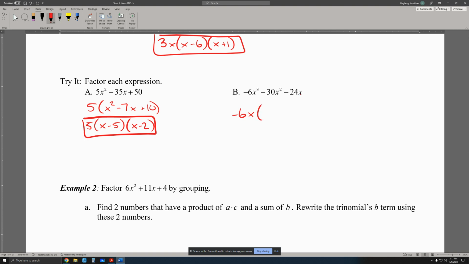Therefore, once we factor out the GCF of negative 6x, what's left inside is positive x squared, positive 5x, and positive 4. So factoring out negative 6 from 6, we get 1. Factoring out negative 6 from negative 30, we get positive 5. Factoring out negative 6 from negative 24, we get positive 4. Factoring out x from